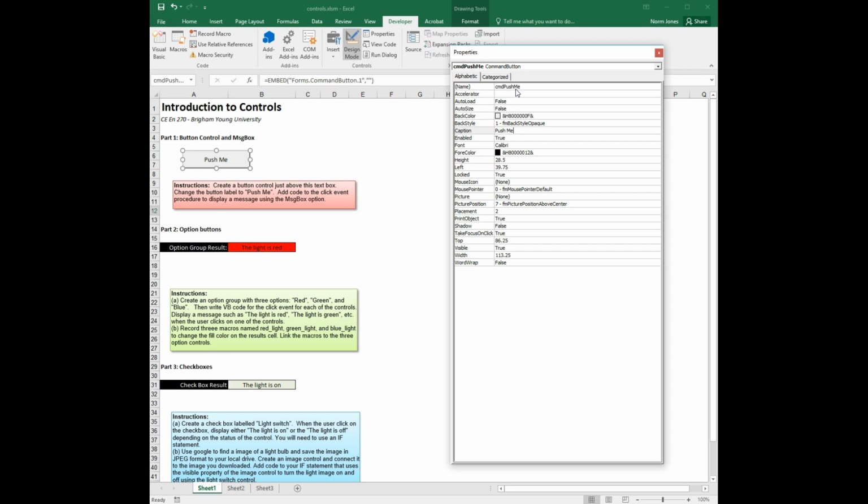As mentioned in the controls chapter of the Excel VBA primer, you always want to use a 3-character prefix that describes the type of control it is, and that allows you to keep track of the different kinds of controls in your code. And this is not a requirement, it's just good programming practice, and it'll save you a lot of heartache in the long run. So now that I've